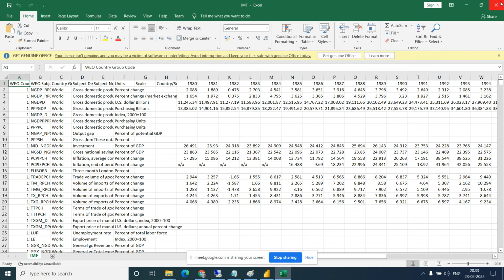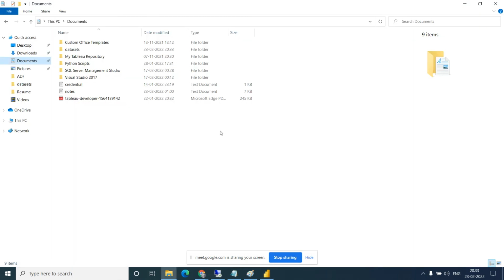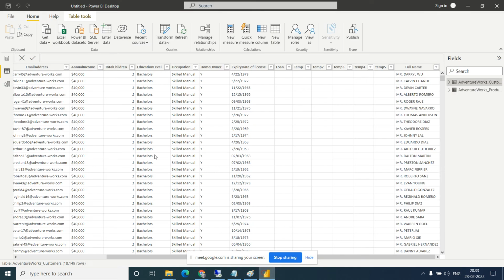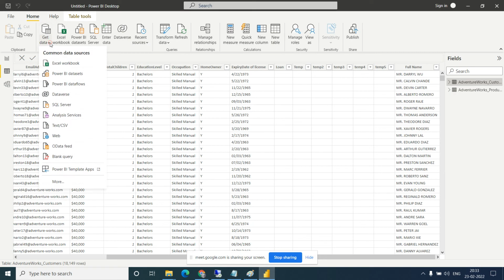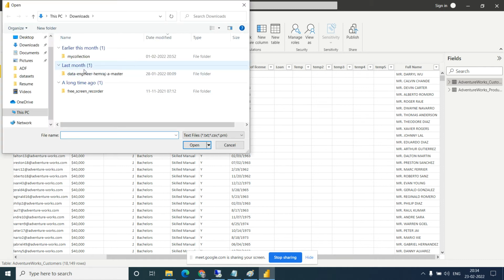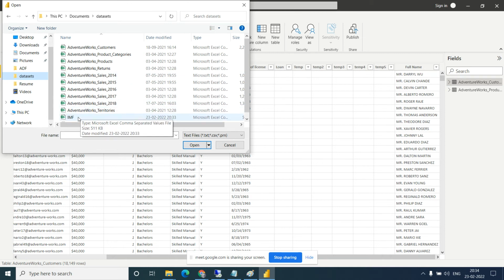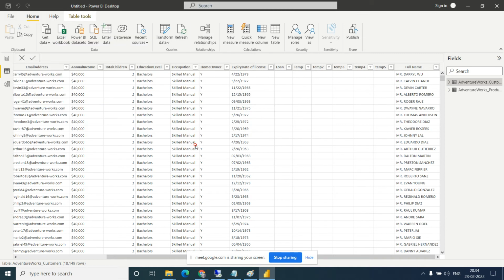Okay, so I saved it into the CSV format. So let's now connect. Click on Get Data, click on Text, Data Sets, IMF, click on Open.